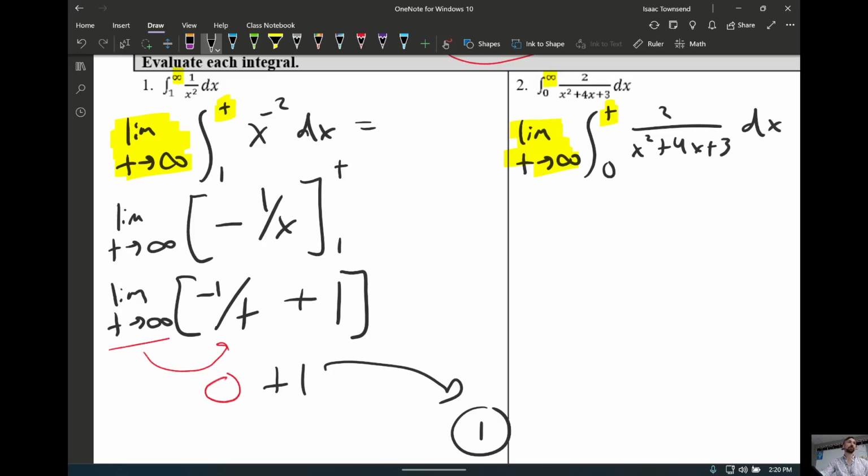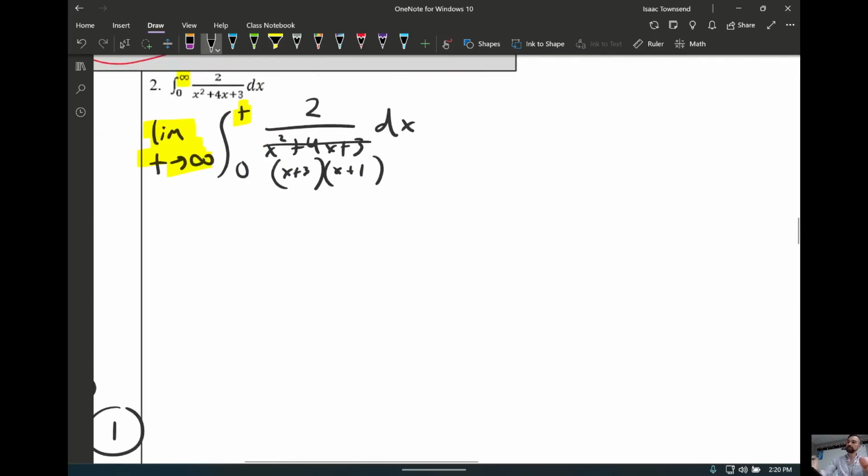You guys okay with that part? Okay. Looking at question 2, we think about our integration techniques. This does not look like one I have memorized. Does this look like U substitution? Okay. What else could we try? Partial fractions. Very good. If it's a big fraction, especially if the denominator factors, remember we can change this